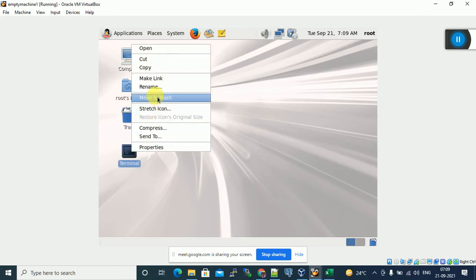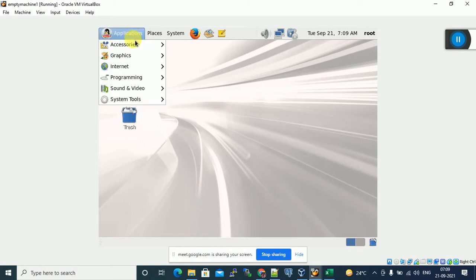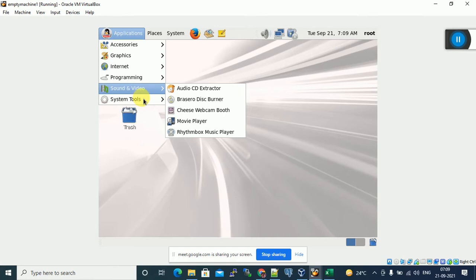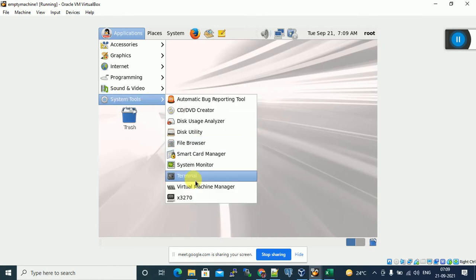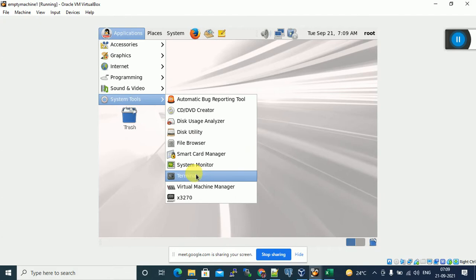Let me remove it, move it to the trash folder. That's it. We removed the terminal. So where is it? Go to applications, system tools. There it should be terminal. You have to place it on the desktop, otherwise every time you go to applications and click on terminal.